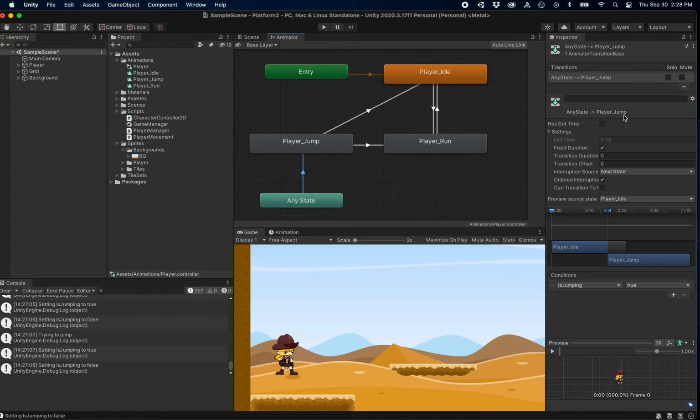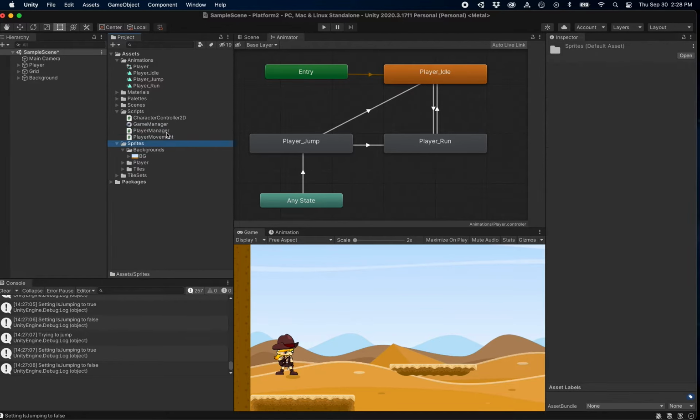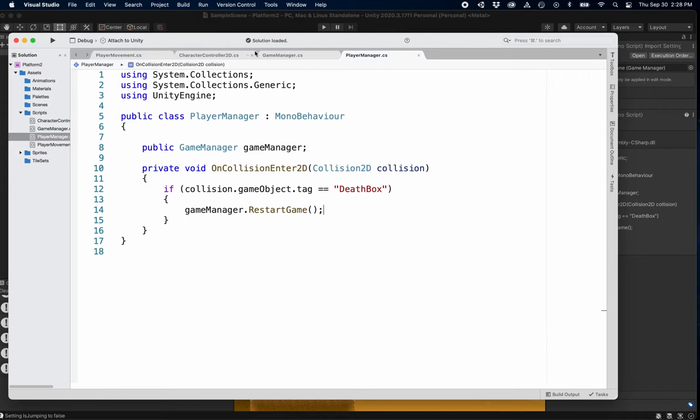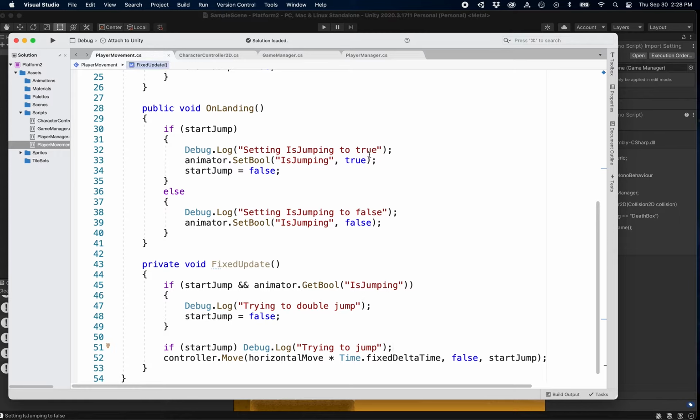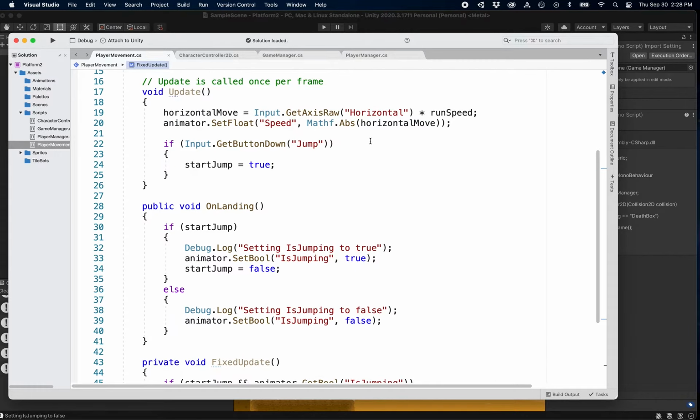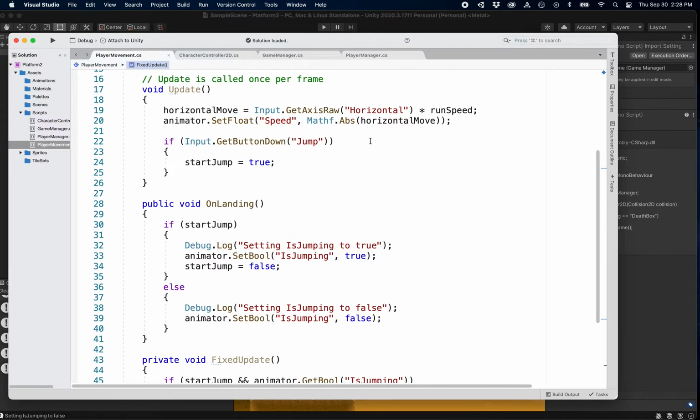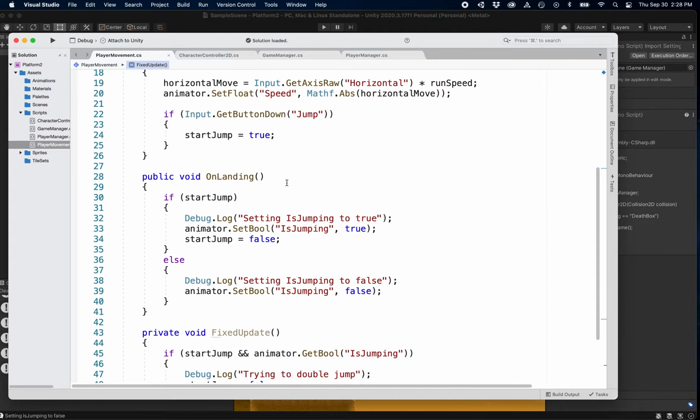So you can try to set those. Let me show you the code. I also changed the code a little bit in player movement. And the reason is, with a lot of debugging, I noticed that my on landing, this is the event function